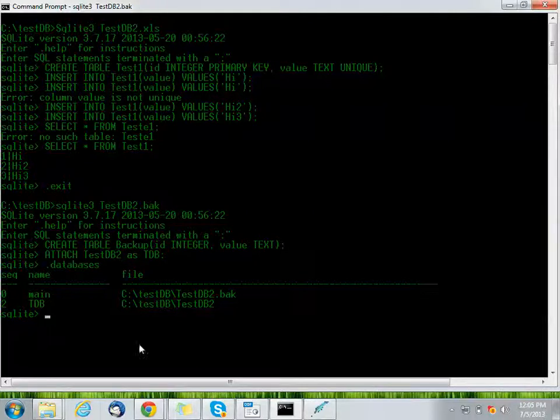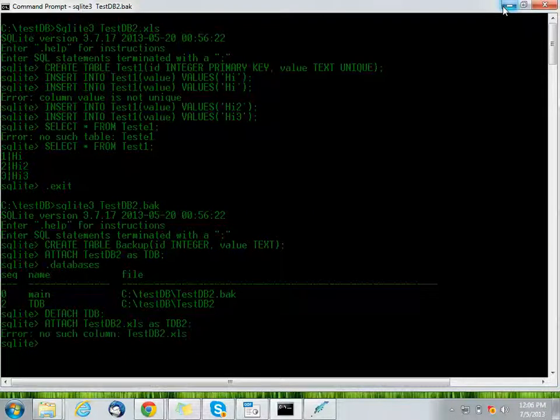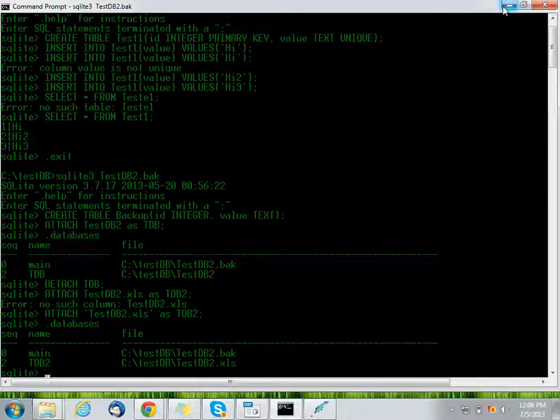It should have been testdb2.xls because it won't recognize it. Yeah, now we have both the databases.